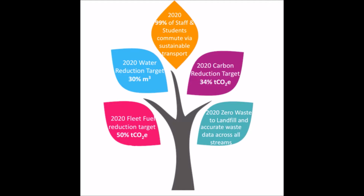QMUL has an ambitious absolute carbon reduction target of 34% in Scope 1 and 2 emissions by 2020. This equates to a reduction in emissions of 15,634 tonnes of CO2 equivalent by 2020 based on the 2005-6 baseline. Given the expected growth of the university and change in carbon conversion factors, this represents a significant challenge. However, when growth is taken into account in regards to income and student numbers, we have made substantial steps to